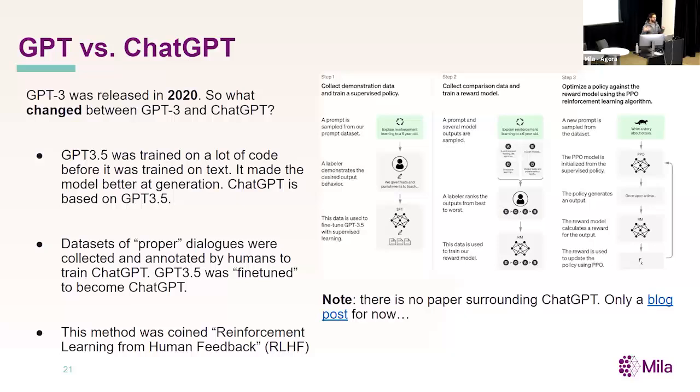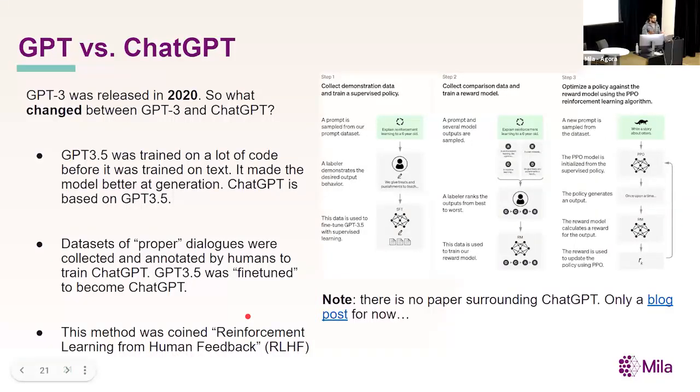So how do we push this model to something that's a bit more friendly, a bit more human usable? If you want to deploy this to a lot of people, we want to be sure that it doesn't start saying all sorts of nonsense. So this is where they constructed this method, which they later coined reinforcement learning from human feedback.